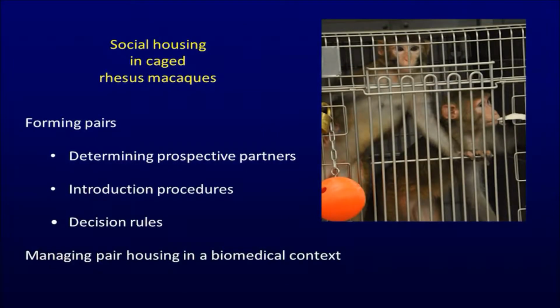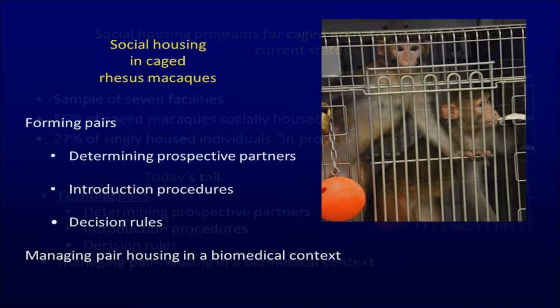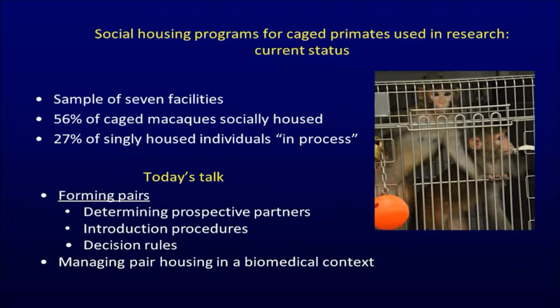Okay, so what I'm going to be talking about today is the topic of pairing in caged macaques, specifically rhesus macaques for the most part. I'm going to be talking about pairing adults, and I'm going to be talking about same-sex pairings, because that's commonly what we are able to do in a laboratory environment. So I'm going to talk a little bit about the process of forming pairs